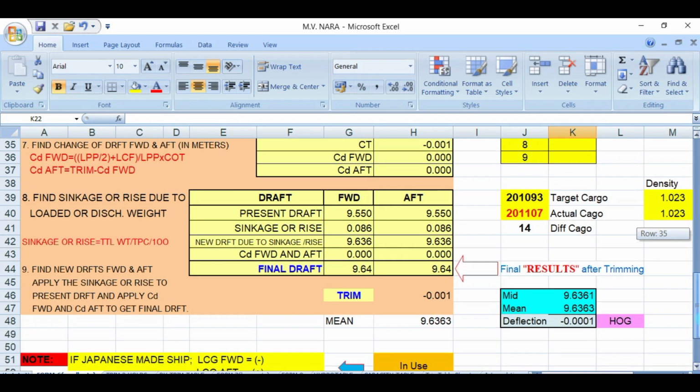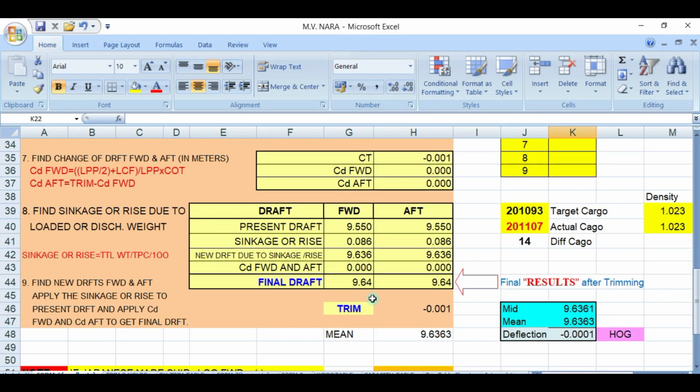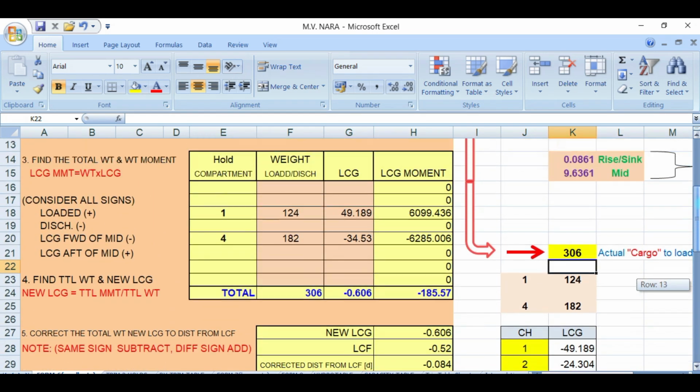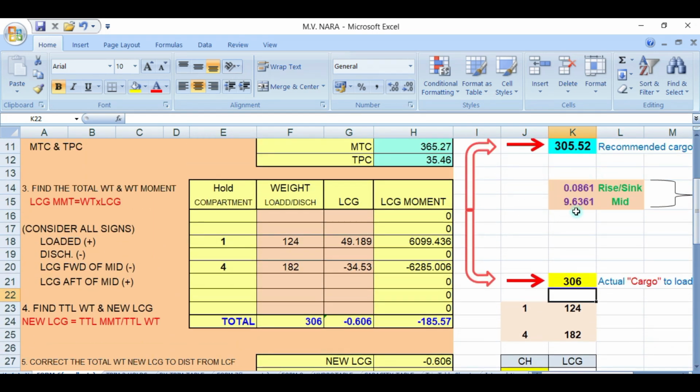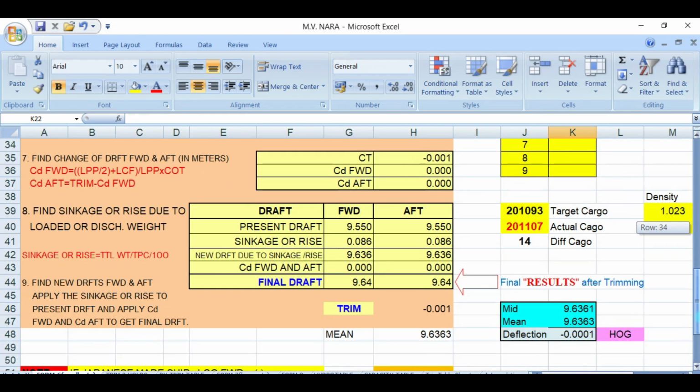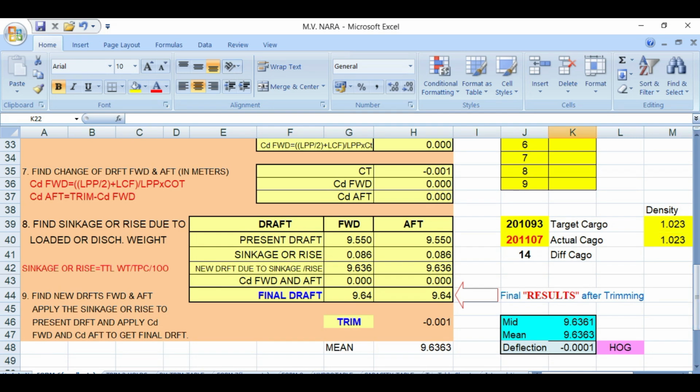And your final departure drop will be forward 9.64, and aft 9.64, and your trim is 0, and your main drop is 9.636, which is this one, and your mid drop is 9.6361. Okay, so that is for even keel, no trim.